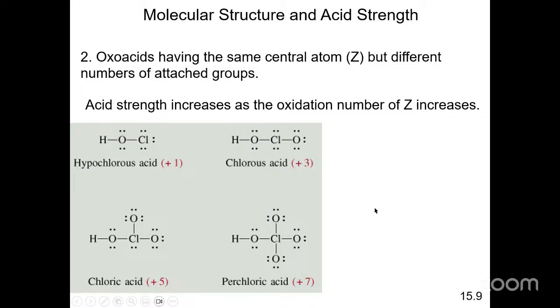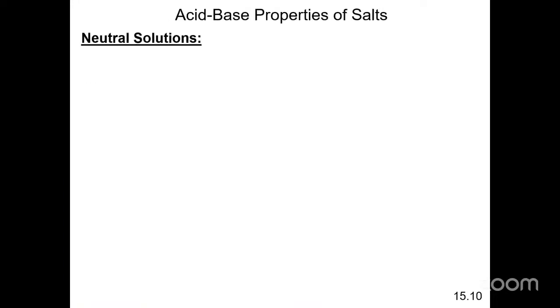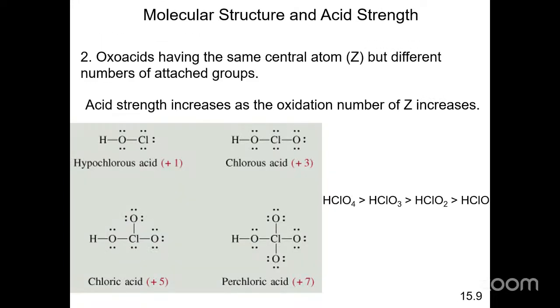And what you'll find is that as the number of oxygen atoms increases, or as the oxidation number of the chlorine atom increases, the acidity increases. So for that reason, perchloric acid would be the strongest of these acids because it has the highest oxidation number, or the greater number of oxygen atoms surrounding it, followed by the chloric acid, followed by the chlorous acid, and then the hypochlorous acid, all right? And this is basically true right across the board. You could compare, for example, let me see if I have it here. No, I don't have it here. But you could compare, for example,